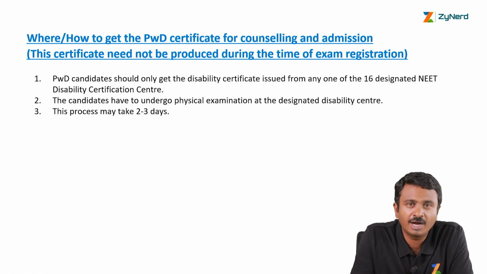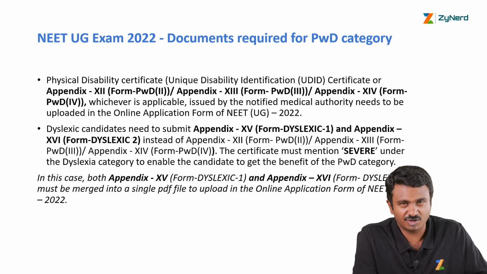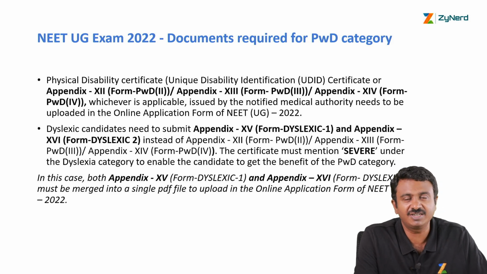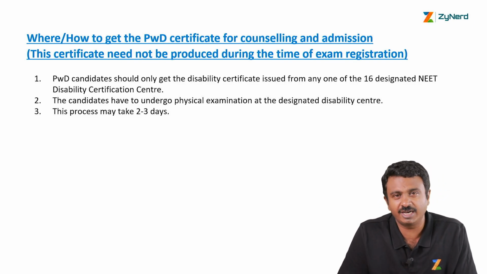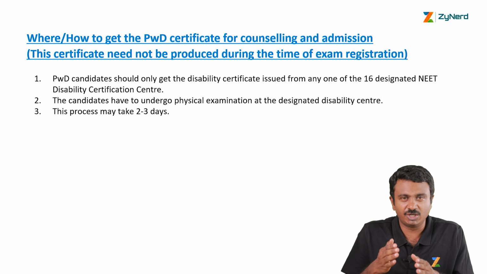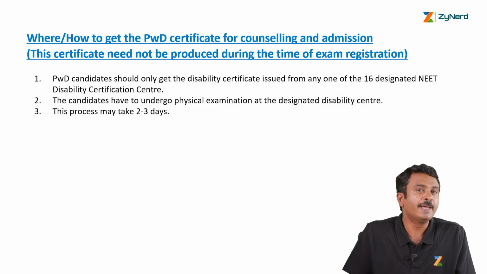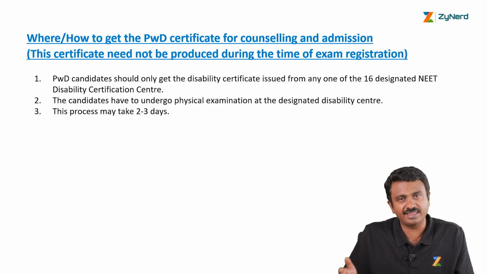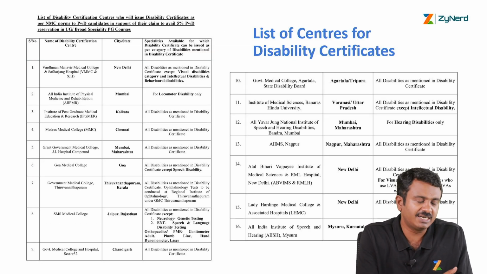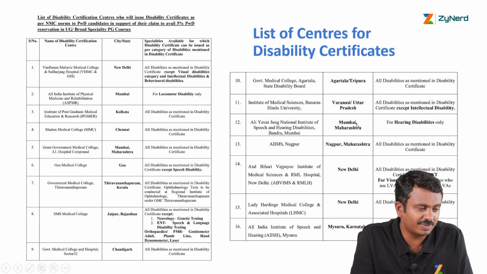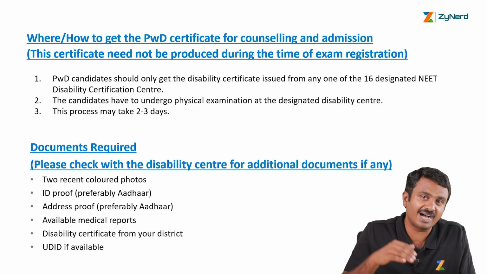And how do I get the PwD certificate? We were mentioning these certificates, right? Forget these certificates for now, as this is only at the time of registration, and we will have to wait on what is required then. But as far as the PwD certificate for the All India Counselling is concerned, a few weeks before the counselling, after the notification comes up, there will be a notification saying PwD candidates can now go and get themselves evaluated at 16 disability centers which are listed here. The disabilities which would be evaluated in those centers are also mentioned. You can go to these centers after the notification for counselling.